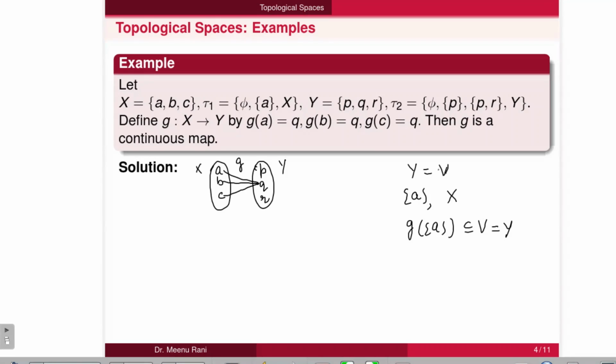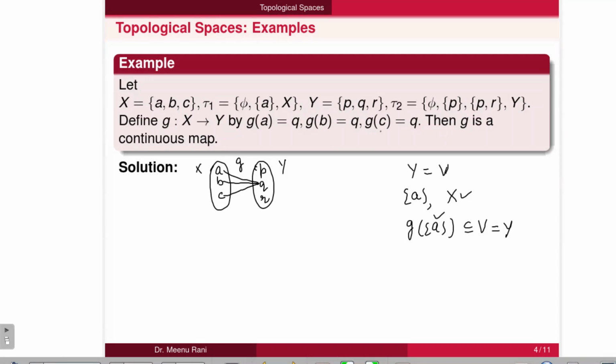So for each open set v that is containing g of a in y, we get at least one open set u in x that is containing a, such that g of u is containing v. So g is continuous at point a.